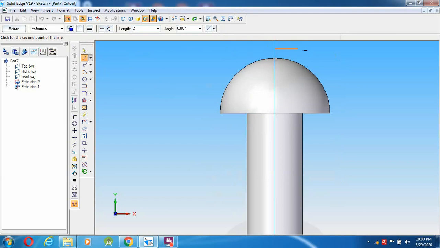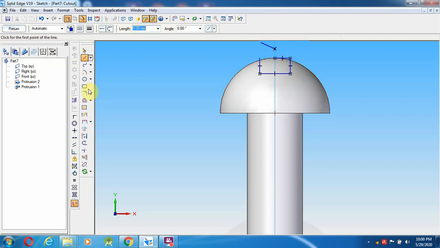Horizontal side 2.25 back, select from exactly in the middle to 2.25, enter, down 2.25, enter, now 4.5 mm, 4.5, enter, above 2.25.